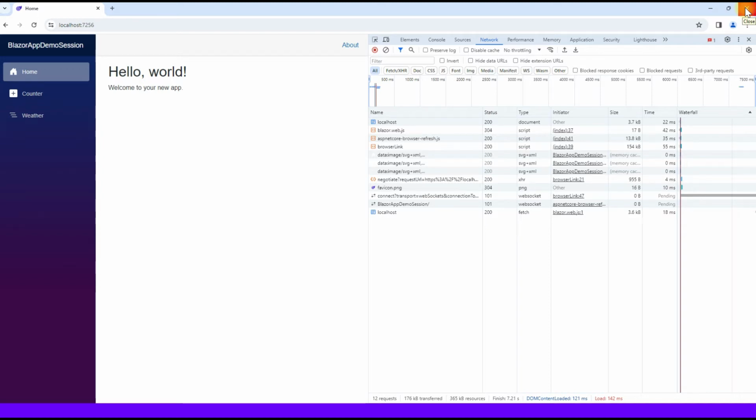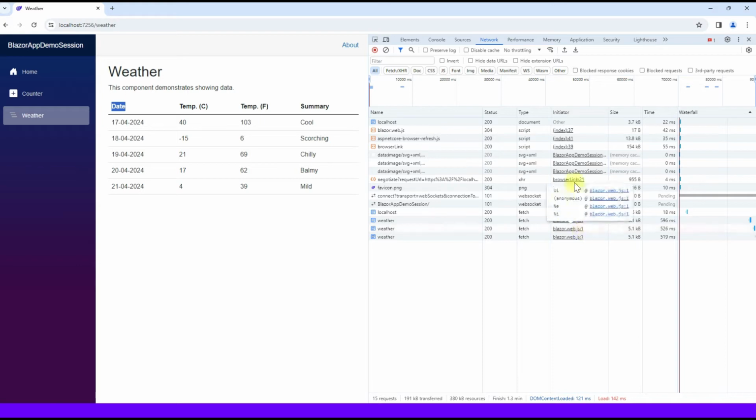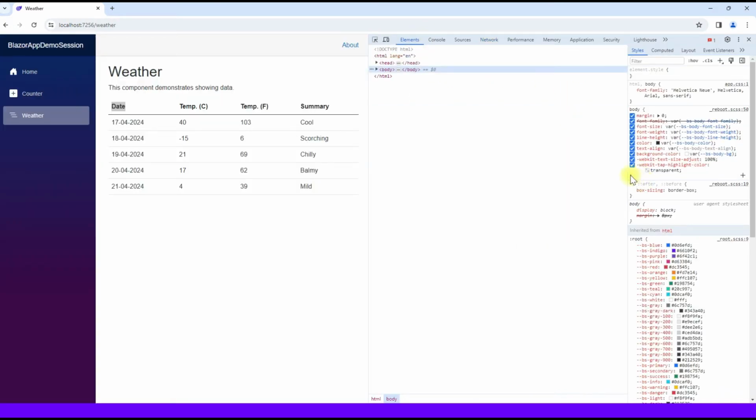interactive server rendering mode. So this weather page uses the interactive server rendering mode. When you click on this weather page, if you observe, I'm getting an immediate response called loading, and the existing DOM gets updated. If you see that,